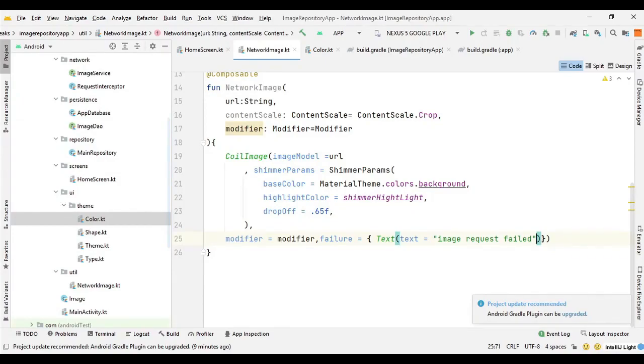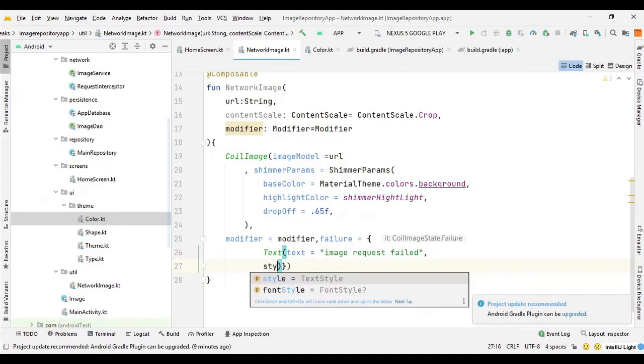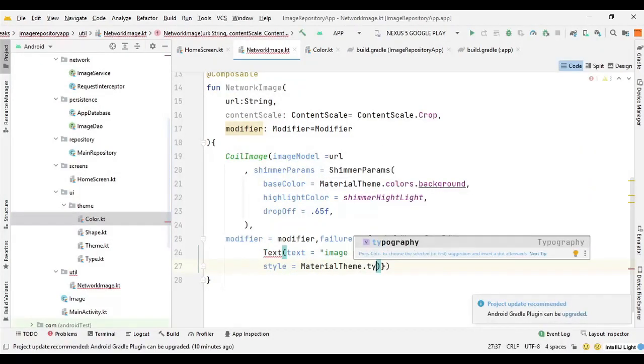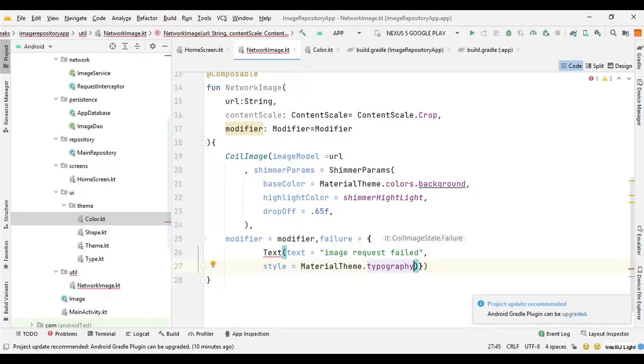and you can provide a style for the text. So you can say style MaterialTheme.typography. Typography is used for styling the text.